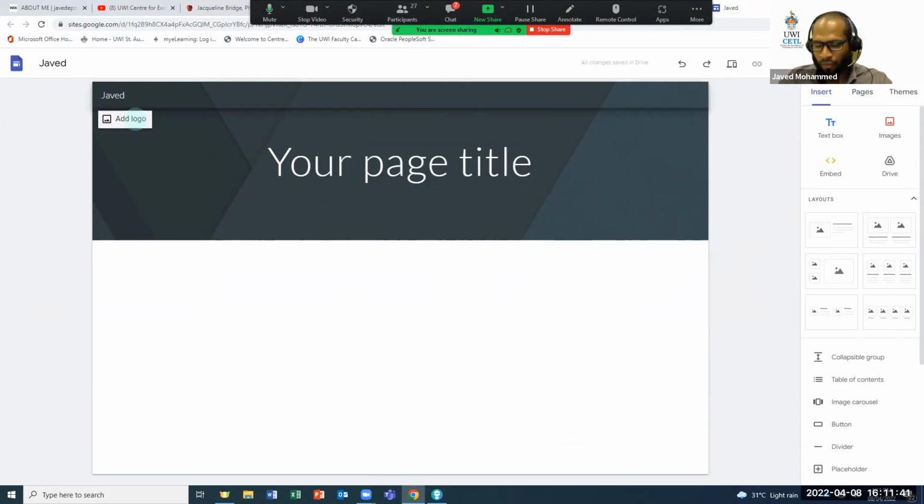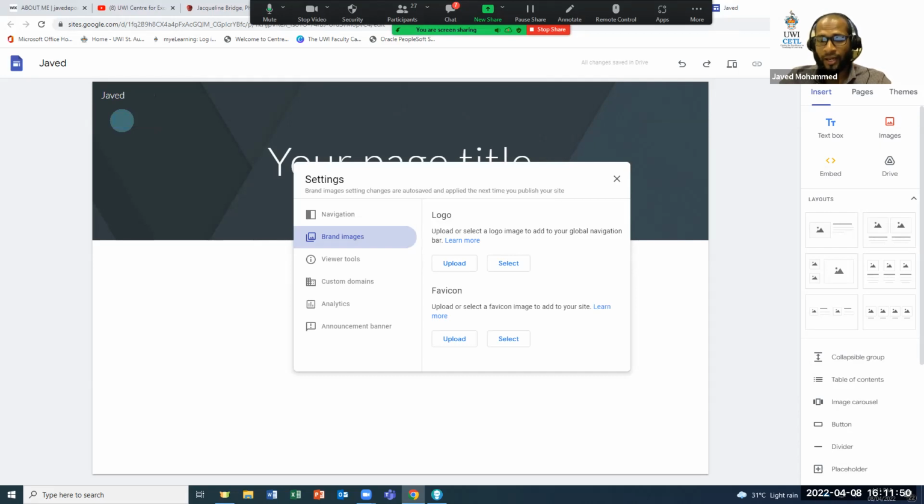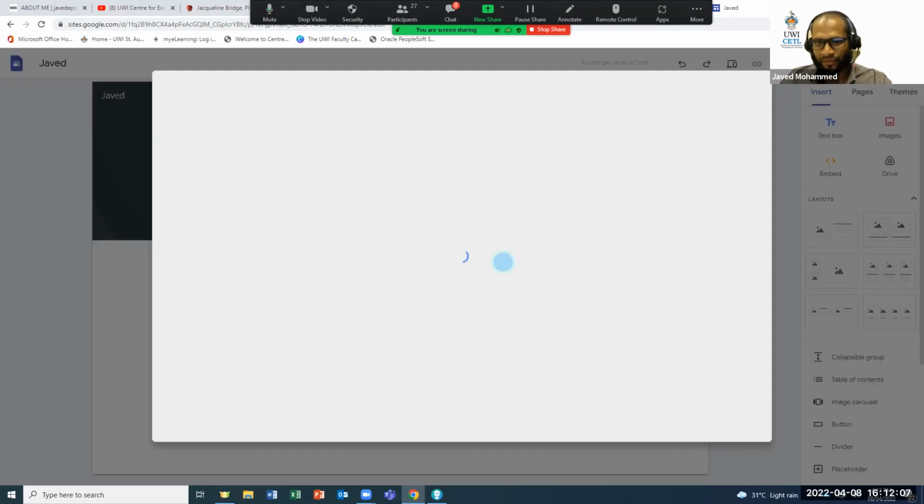And I can add a logo. When I hover in this region, I get the option to add a logo. So I click add logo and look at what is happening. I am now able to quickly upload a logo from my desktop or flash drive, but I planned ahead, so I'm going to select from my drive.